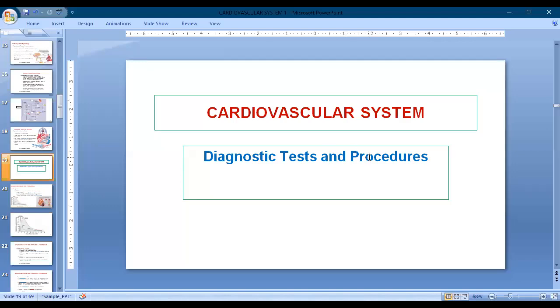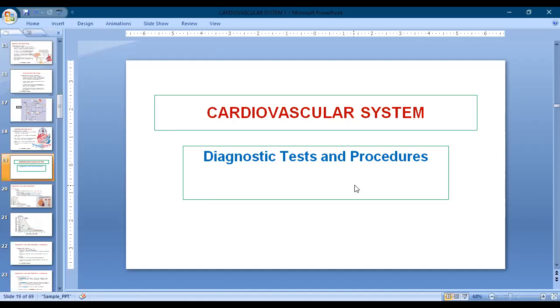So cardiovascular system, we are going to focus here on diagnostic tests and procedures. If you ask me, what are the diagnostic tests and procedures? Basically, if anybody is diagnosed with cardiac disease, we need to figure out, or we have to exclude it, right, by some test like